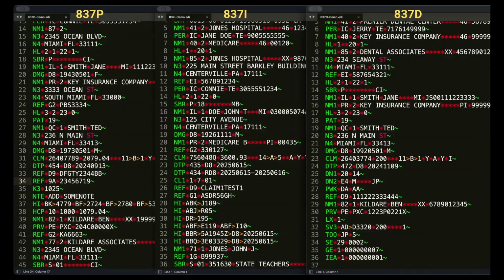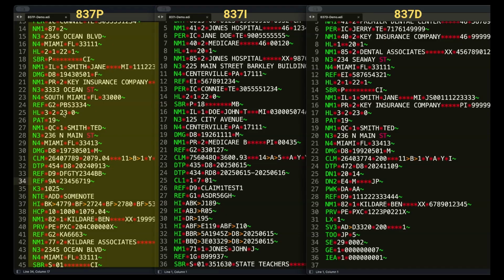Now here are the three 837 files side by side for comparison of the segments that we learned in this chapter. Towards the extreme left, we have the 837P demo file. In the middle, it's the 837I demo file. And extreme right is the 837D. So here in the extreme left 837P file, let's talk about that first. Here in this file, we see that the CLM segment has CLM 0501 as 11, which stands for in office. That's the place of service.